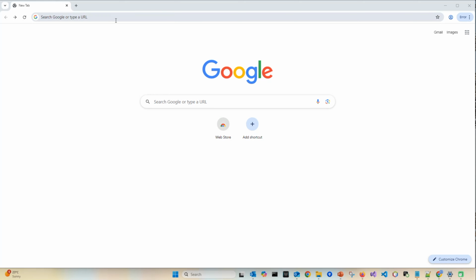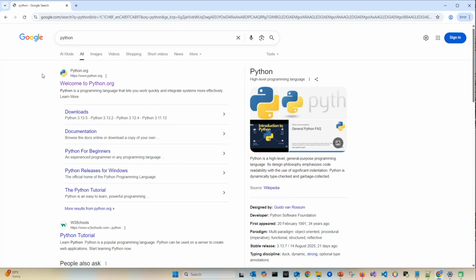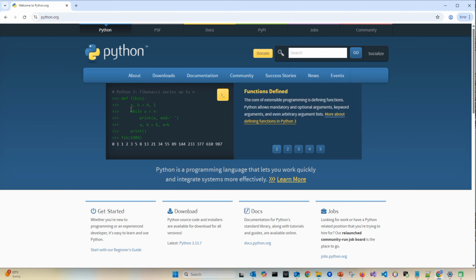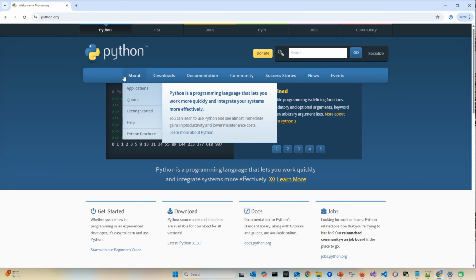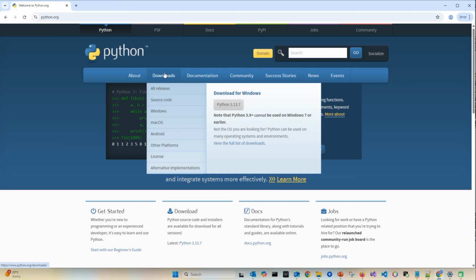On Google, I'm going to search for Python. As you can see, the first link is to python.org. I can click on that or click on downloads. You can see here on this page, the download section. You can click on it and